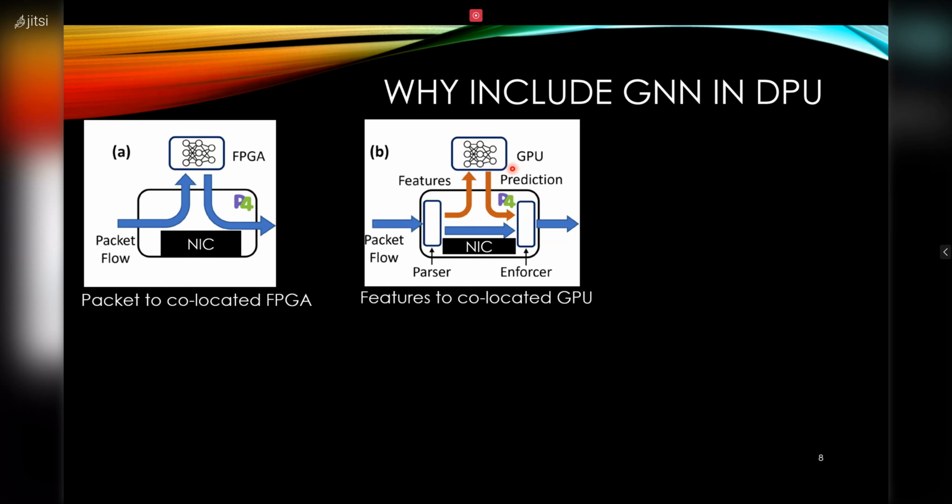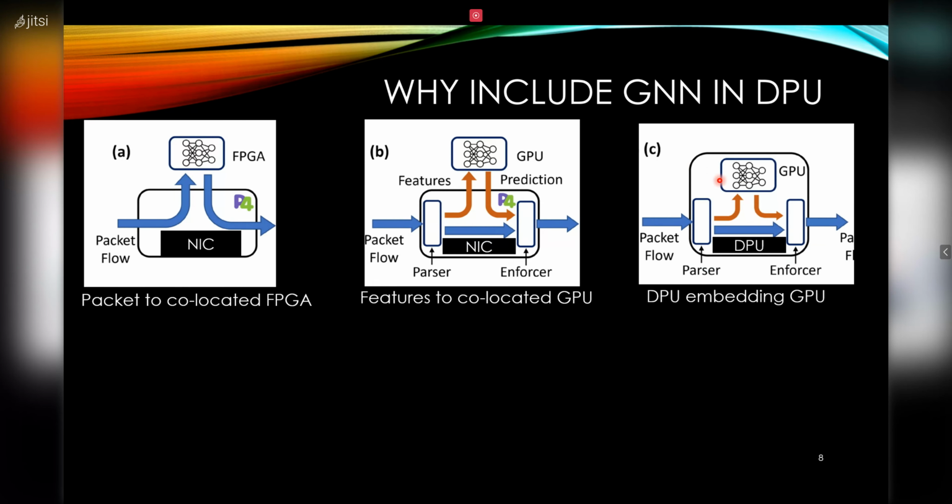If we have a recent state of the art tensor core based GPU, we receive the packet flow, we parse it inside the NIC, and then we extract some features and send them to the GPU. This orange line also shows the latency here. Actually, this device, switch, or server doesn't have the capacity to parse and deparse the packets and then insert them into the egress pipeline. So it has to send them to the GPU for the prediction.